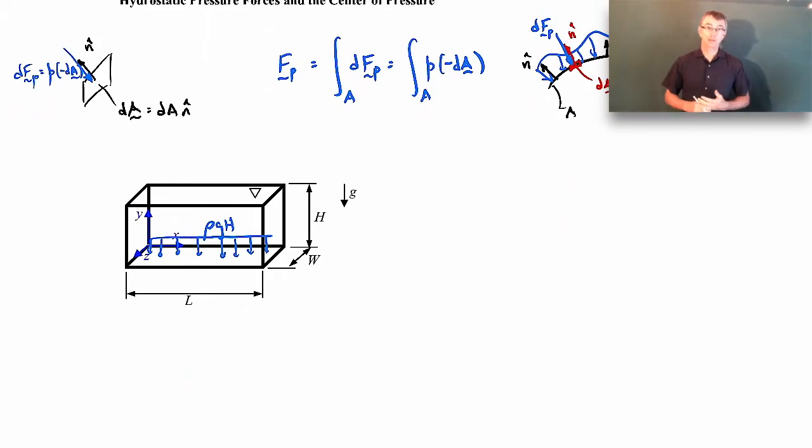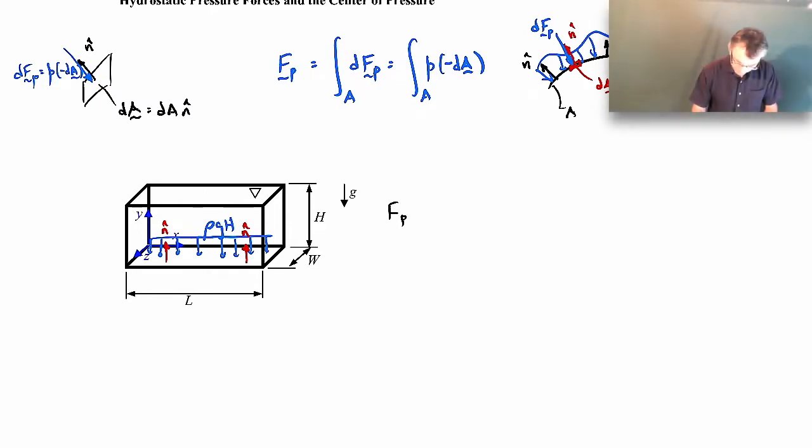Also, the orientation of that surface is uniform over the whole bottom as well. All the unit normal vectors are pointing upward. So let me draw that in red. You can see the unit normal vector here is pointing upward. There's n hat pointing upward. It's the same n hat pointing upward here. So in this particular case, the pressure and the orientation are well defined over the whole surface. So we could simply find the pressure force